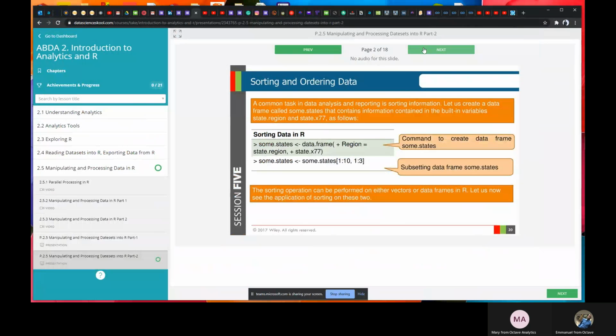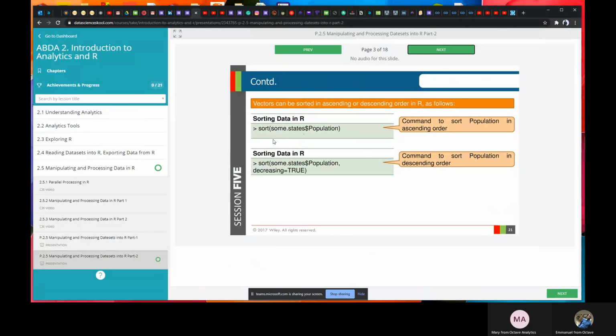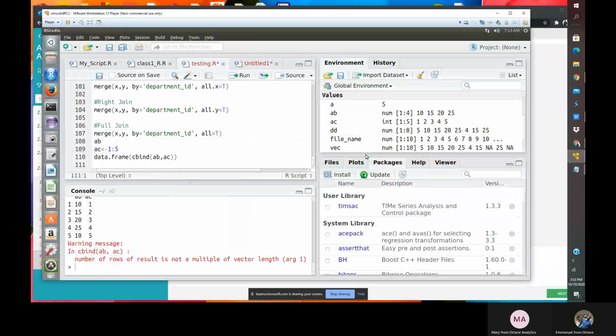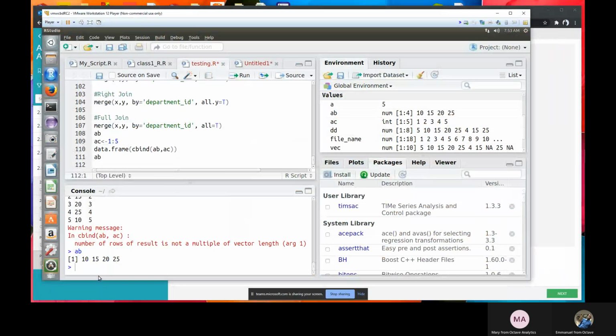If I want to sort now, let's see the next slide. Vectors can be sorted in ascending or descending order in R as follows. I'm considering a vector here, so let's use the sort function. Let me call AB again. AB is already sorted.